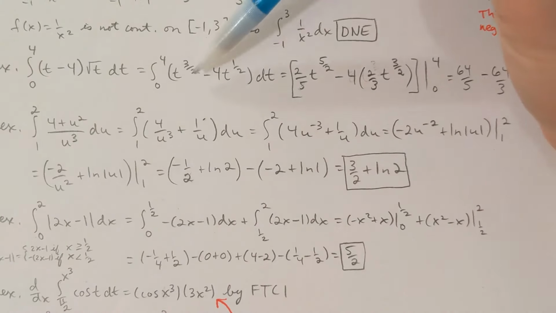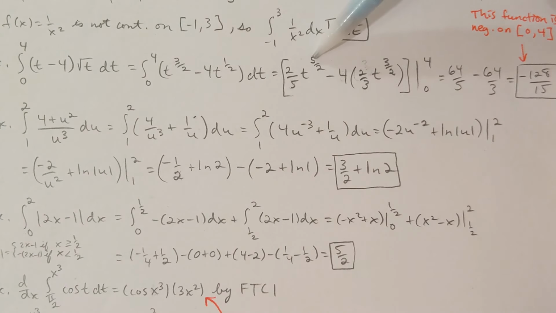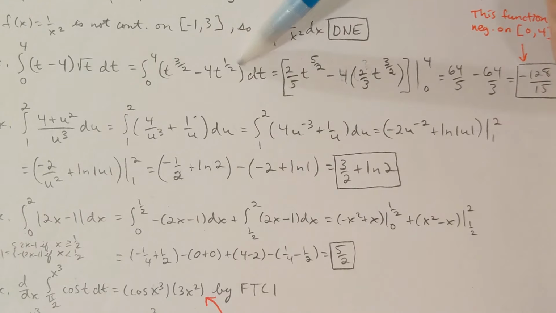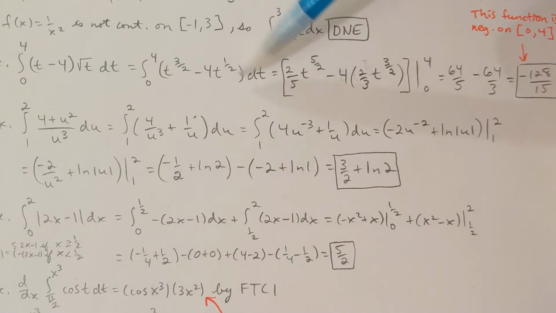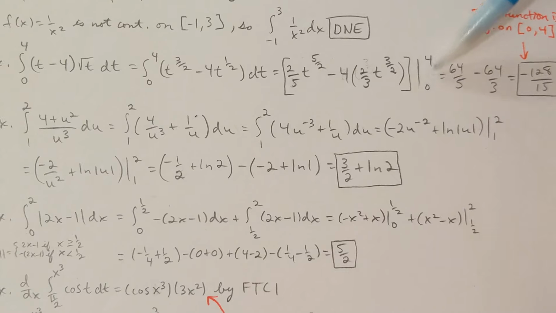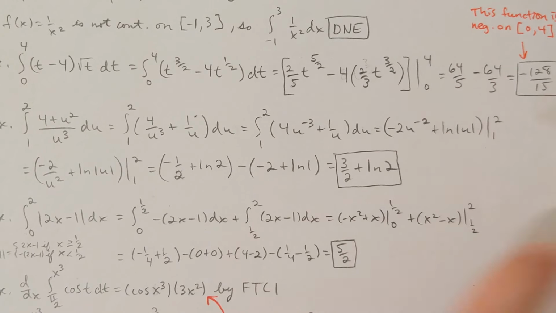Now I can use the reverse power rule on these two terms. Add 1 to the power, divide by the new power. You're going to have t to the 5 halves divided by 5 halves. That's the same as 2 fifths. Minus 4 times t to the 3 halves divided by 3 halves. That's the same as multiplying by 2 thirds. Make sure that you lose the integral notation and the dt there. And we're evaluating this from 0 to 4. So now when I plug in my bounds,